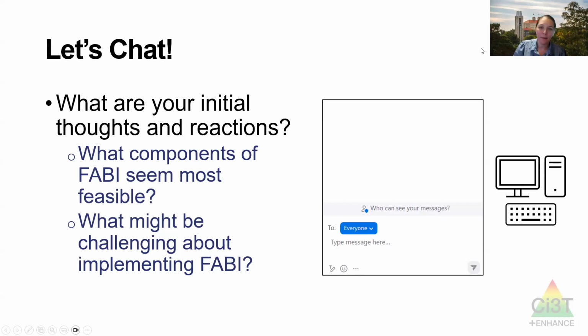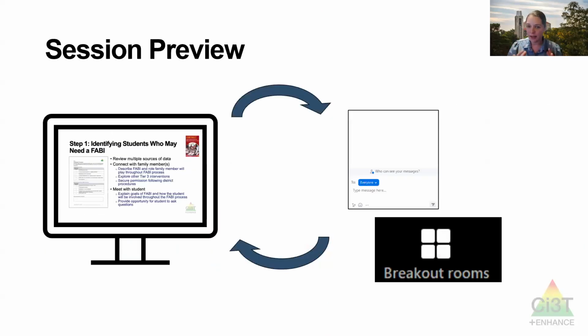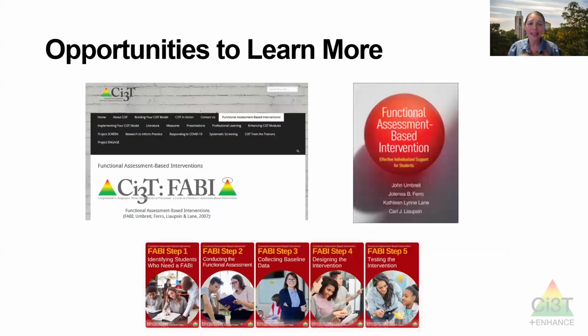So we are now going to hop into a step-by-step overview of each of the steps. And what's going to happen is we'll do a little bit of talking, a little bit of highlighting. Here's what's happening in this step. And then we're going to get time to practice, either by doing things in the chat or practicing in breakout rooms. So a little bit of talking, a little bit of practice. So hopefully it feels really interactive. And just again, we are so excited you're here. We're so excited to start sharing these highlights with you.